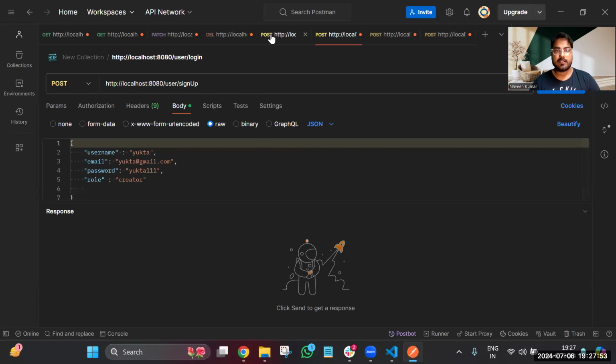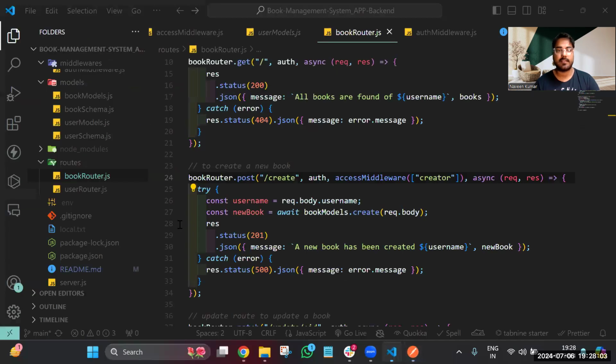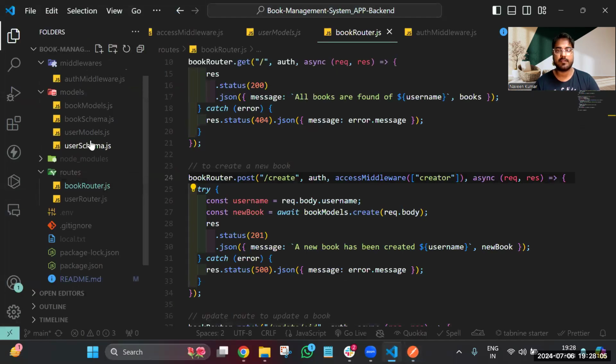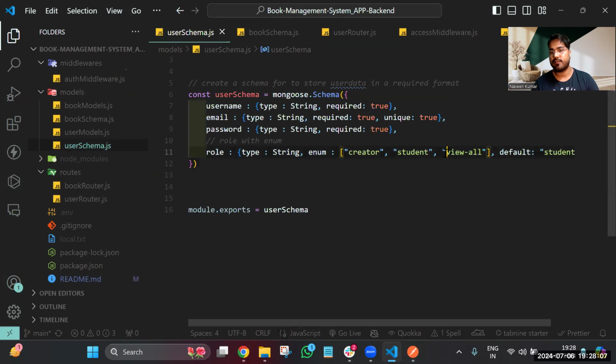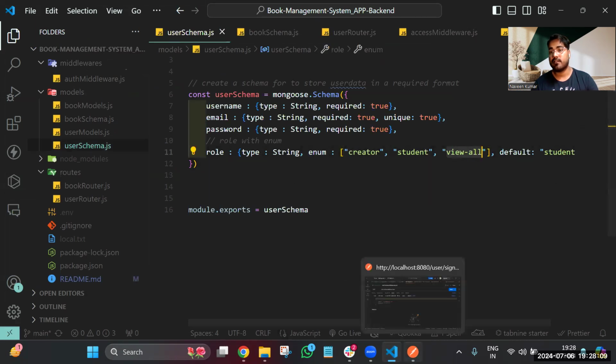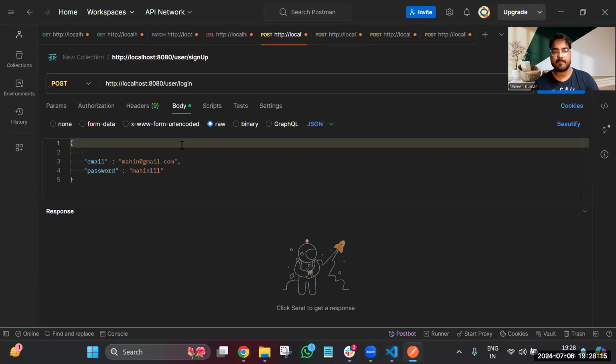And let me just create one more. Let me register one more user, because I want view all as well, because based on the schema I'll provide the multiple roles here. So I want a view all user who has this role. So I'll go to my Postman,